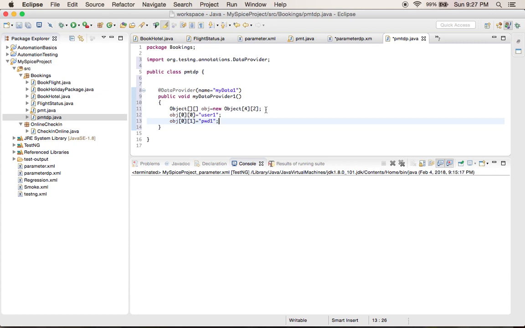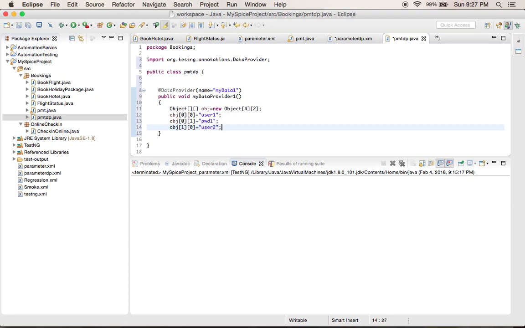So till here, let's see what we have done. Out of 4 users, we have defined 1. Always the array starts with the index of 0. So in the 0th row, the first column name is user1 and the second one is password 1. Now we are done with the first row. Coming to the second one, which is object of 1 of 0, is equal to user2.